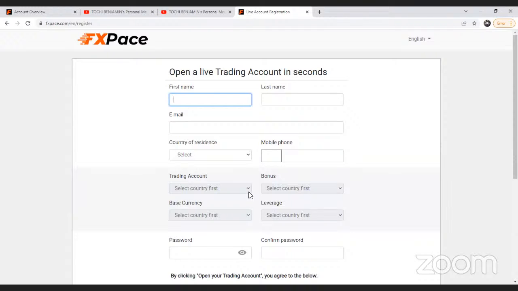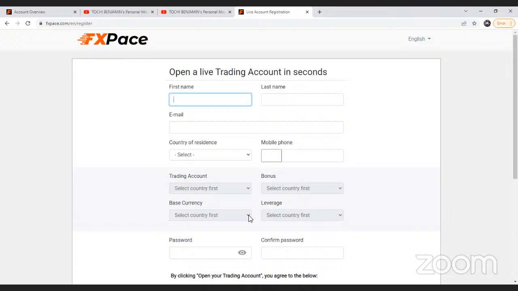For your live account, please choose live floating spread. For we retail traders, that is what we use. For bonus, please choose Tubo or Vantage. Tubo is a 20% bonus, right? If you fund $100, the broker can give you $20 to trade. If you make profits, you take it. That's yours. So Tubo is a 20% bonus. If you don't want a bonus, you can choose Vantage. Vantage is a no-bonus account. You're just trading with your funds. Okay, choose that for a bonus account.